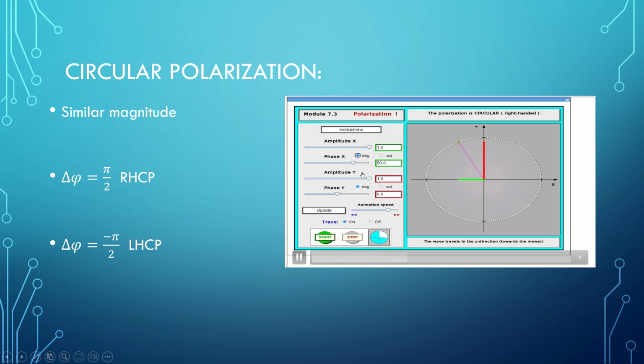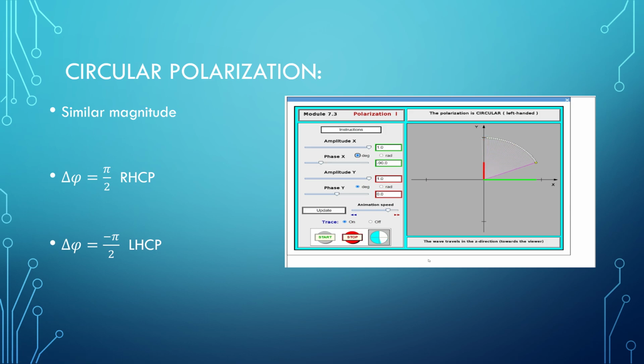And you can see here that when we have a negative phase difference, the direction of the circulation of the polarization is counterclockwise, which means it is a right